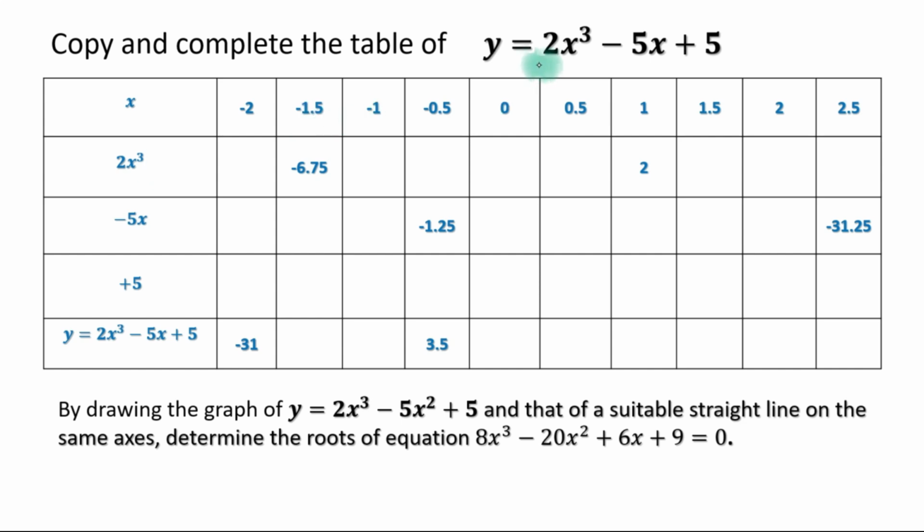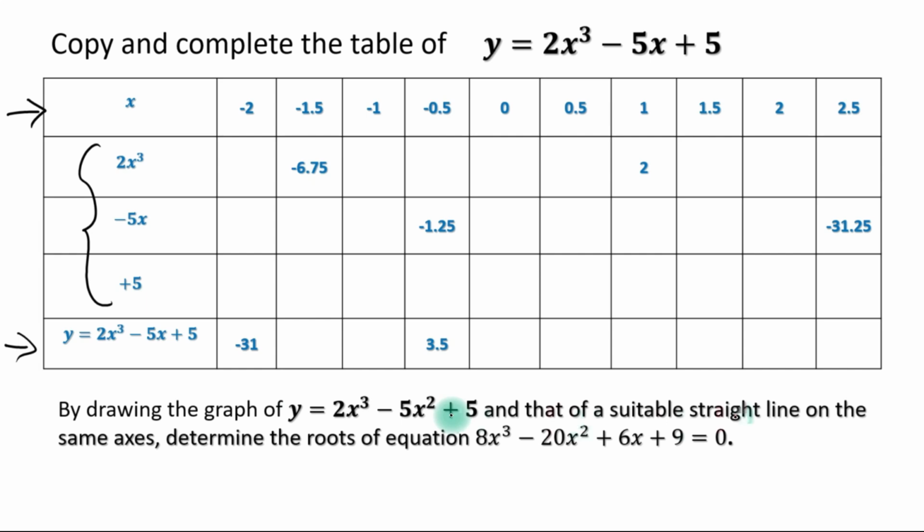And therefore, from this equation, we need to plot a graph of y against x. In this case, y is equal to 2x cubed minus 5x squared plus 5. We need to fill this particular table. After that, by drawing the graph of y is equal to 2x cubed minus 5x squared plus 5, and